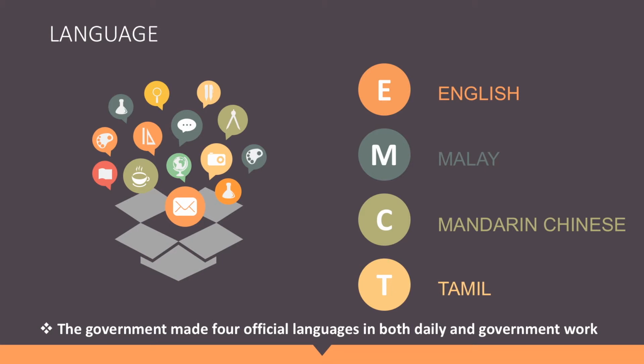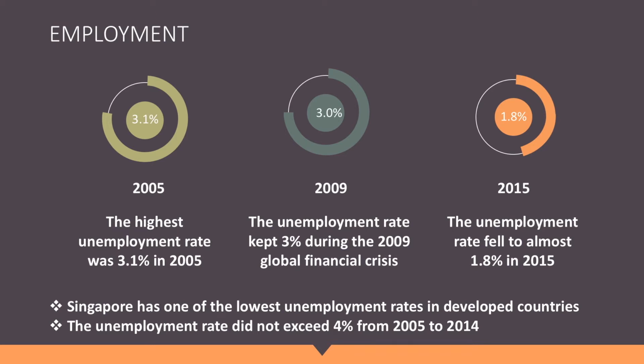In addition, the government made a number of policies to make different nations get on well with each other. The good relationship among nations has a good effect on the development of society. One example is employment. Singapore has one of the lowest unemployment rates in